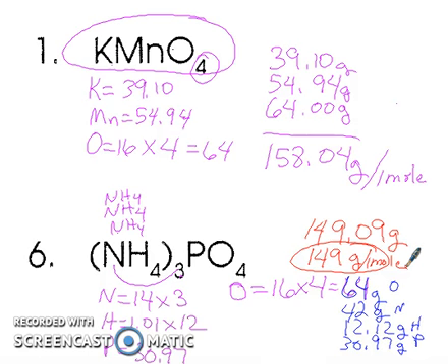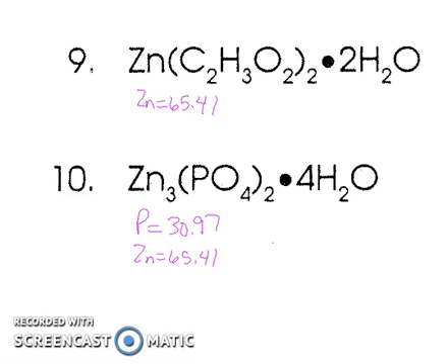Now let's do one that's just a little harder. This next one is going to be a hydrate. Here we see that we have zinc acetate, and it's got 2 water molecules attached. So it's a dihydrate. Zinc acetate dihydrate. And to figure out the gram formula mass, we would have to include that water in there because it's in the crystal structure. So we have 1 zinc, which is